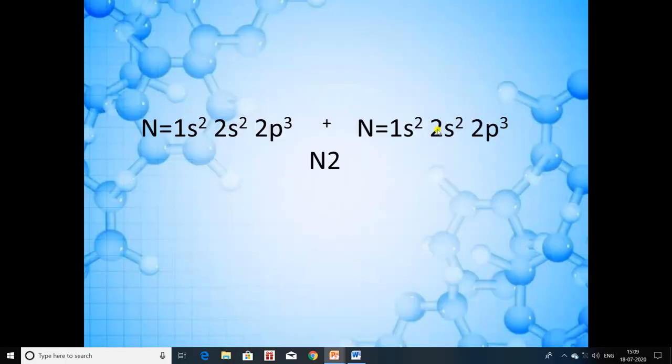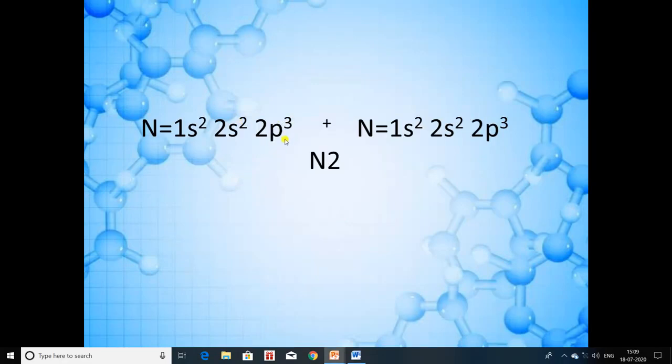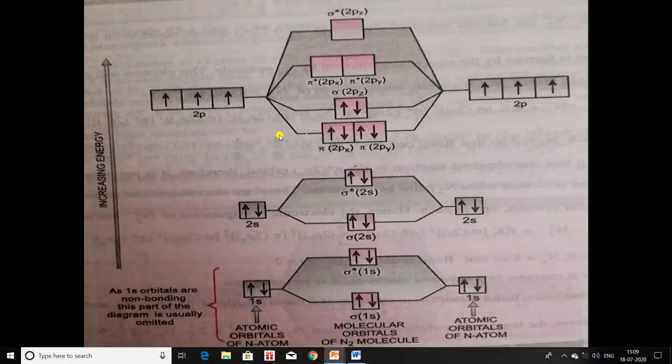Similarly, as you can see here, 1s2, 2s2, 2p3 for this nitrogen atom. You can see that in the 2s orbital 2 electrons are filled, right? So similarly we will fill electrons in 2s, 2 electrons, 2 electrons. In total there are 4 electrons. So 1, 2, 3, 4. Now the 2s orbital is also complete. Okay. Now we will come to the 2p3 orbitals. In the p orbitals, 3 electrons are present. So in the first nitrogen atom, 3 electrons are present, right? So here also 3 electrons are present. So in total there are 6 electrons, okay?